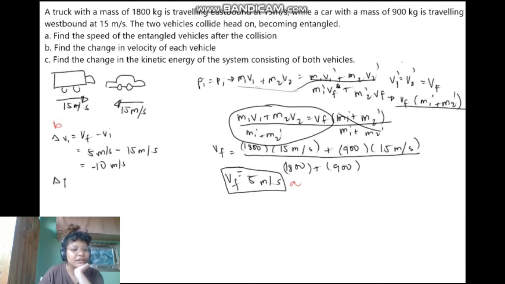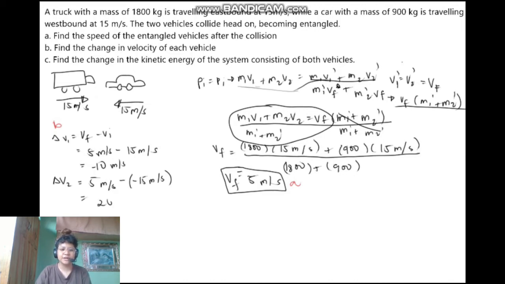And then for the change in velocity of the second vehicle, we have 5 meters per second minus negative 15 meters per second. Why negative 15 meters per second? Because the car is going westbound, so it's in the negative x direction. And we're going to get positive 20 meters per second. So these are the changes in velocity for both vehicles, the truck and the car. Next, for letter C,